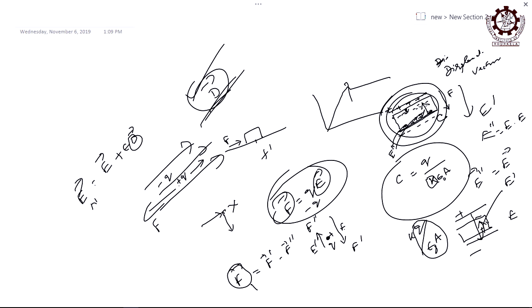Field is there, and direction of field for both the charges is the same, right? Like here, minus q, plus q, right? But they will go in what direction? Opposite direction or same direction? Opposite direction. Negative charge will go in this direction, positive charge will go in the opposite direction. But what about the displacement? Are they same or different? Displacement, magnitude and direction both, right?